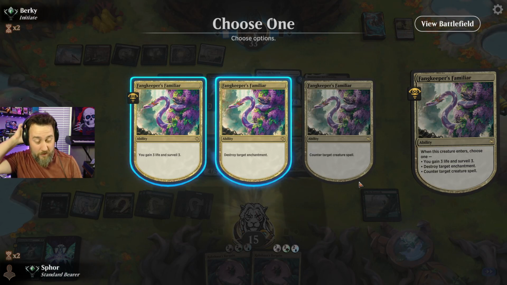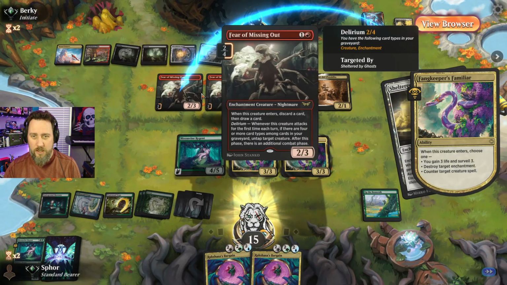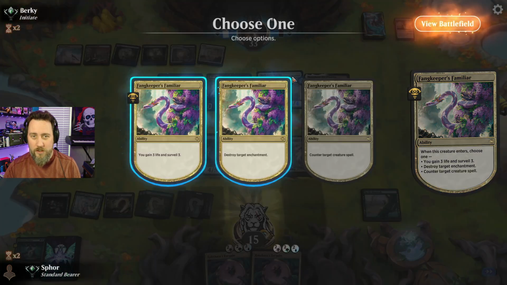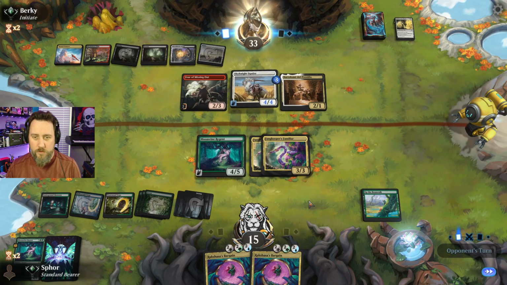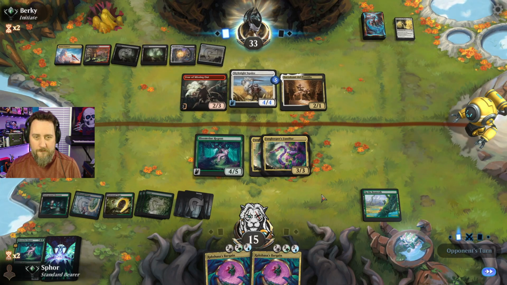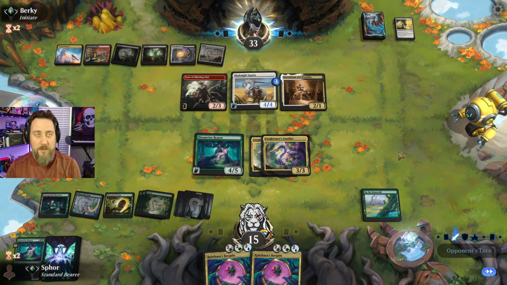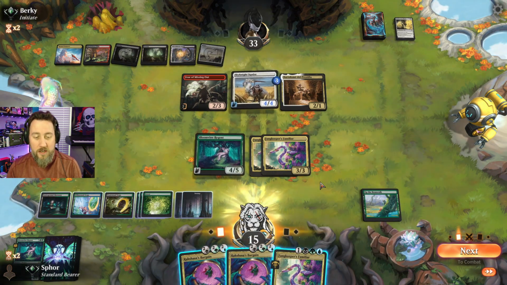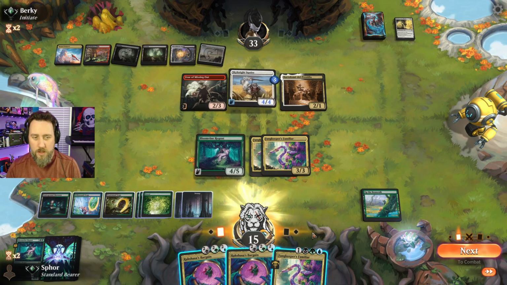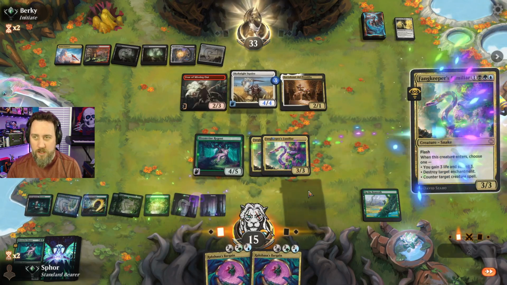Yeah, it's nice just having all these options, right? Destroy target enchantment is a big deal. And look what they have over there. More enchantments. Yeah, I feel like this deck just has answers for just about everything. Maybe you could say it doesn't have Planeswalker removal, but it does because it has permanent removal. Hopefully we don't have to resort to that, but...